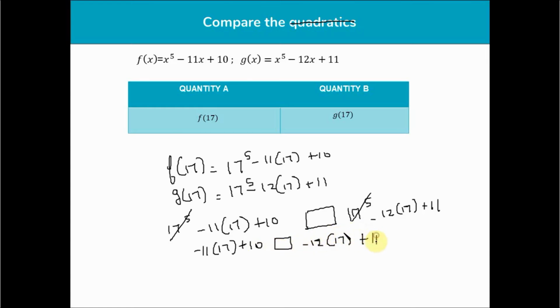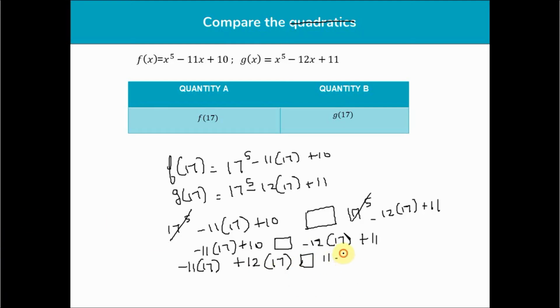Now when you're going to compare, you can always rearrange the terms and compare. Still you will get the same answer. Now I'm not going to multiply 17 times 11. 17 times 11 is very simple, I'll just tell the answer is 187. But 17 times 12, you need to do the calculation. Here, this is minus 11 times 17. I'm not writing the answer here, I'm just grouping it. See some smarter ways of solving these problems. I know most of you are very good at math, but think of smarter ways so that you save on time. So 11 plus 10 goes to the other side, becomes minus 10.